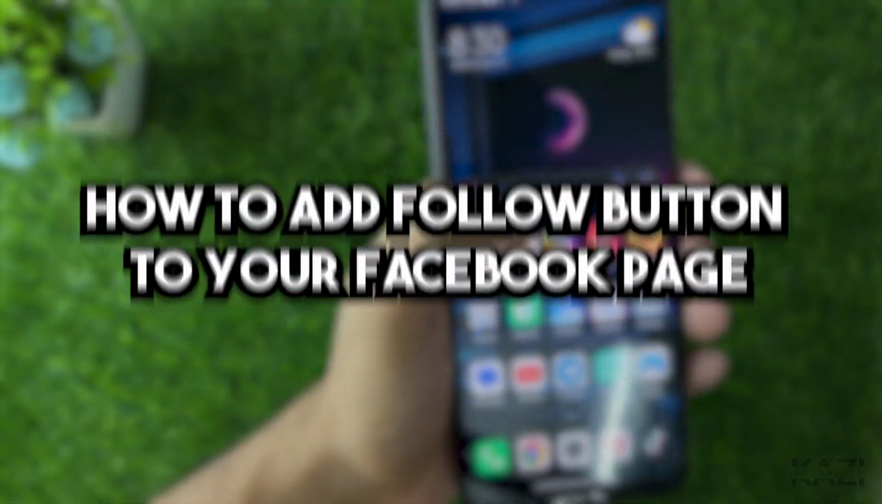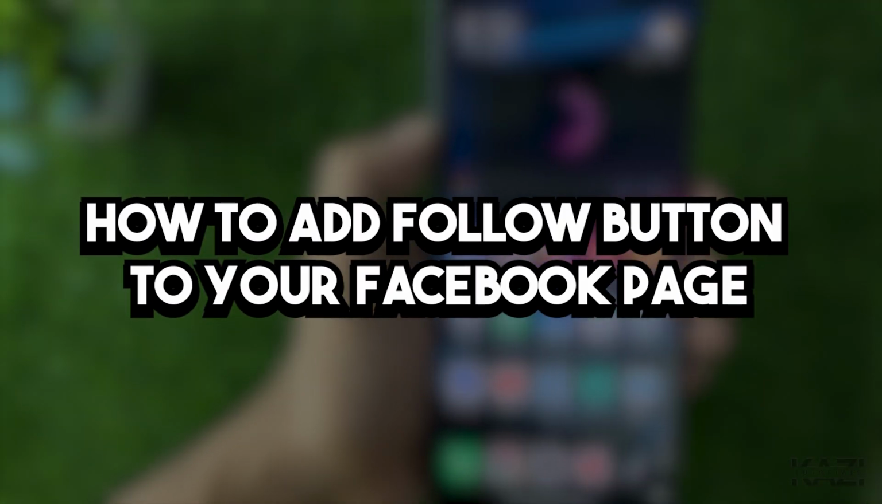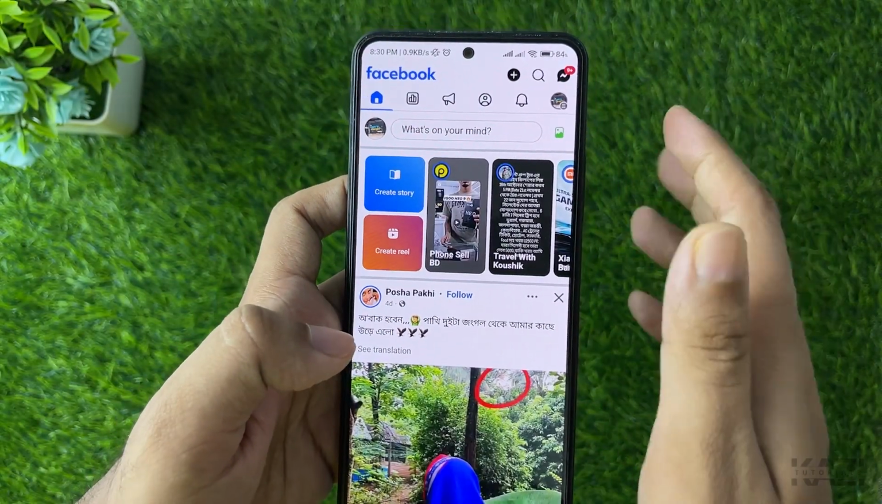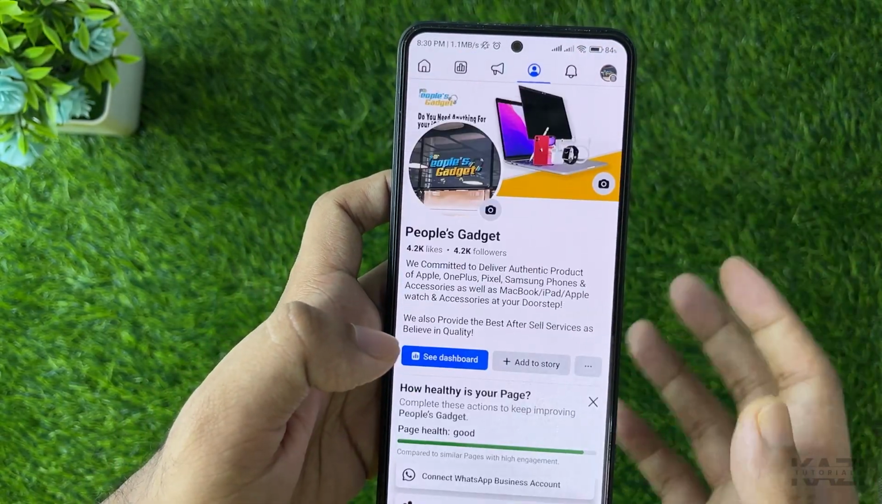So here's how to add a follow button to your Facebook page. Let's get started. First of all, let me just mention to you that if you go to your profile of any